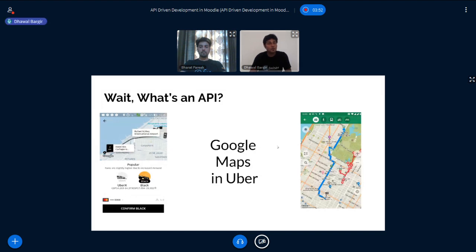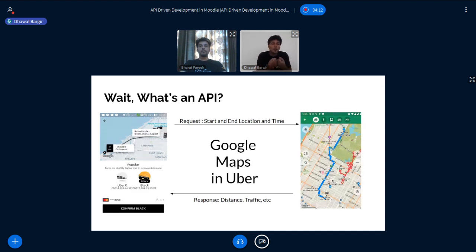What happens when you book a ride is Uber sends out information such as your start and end location and the time of the ride. And Google Maps responds back with the distance between the two locations and the average traffic during that time. And with this information and some parameters like number of rides present in that area, Uber comes up with a fare for you.